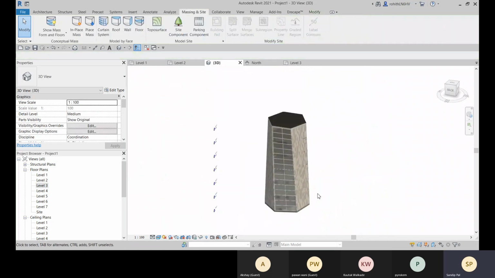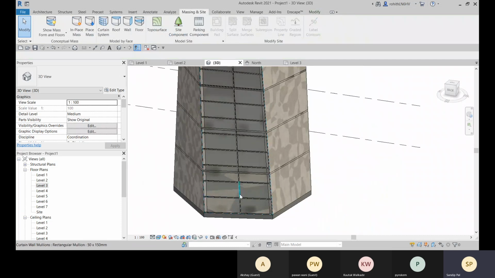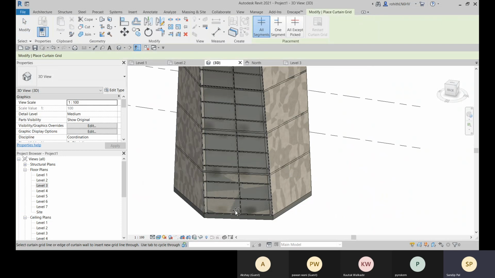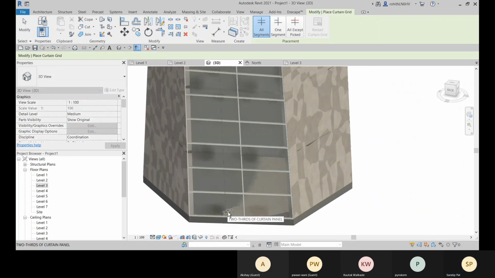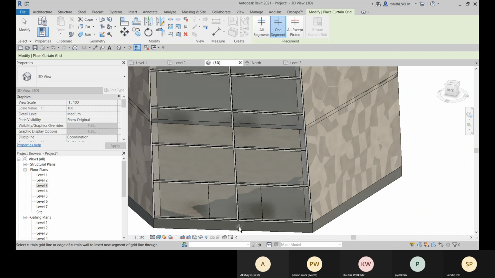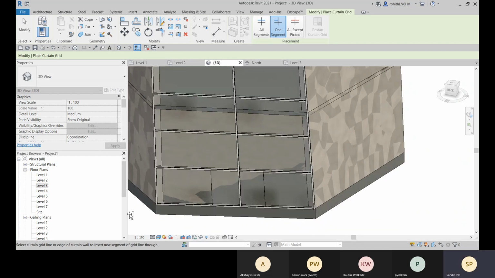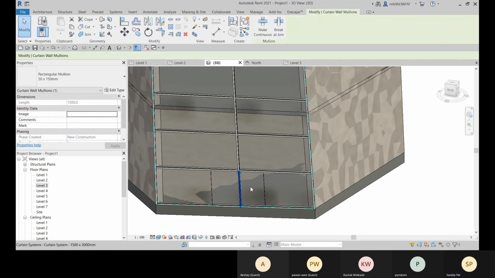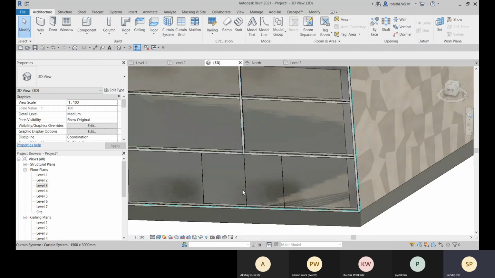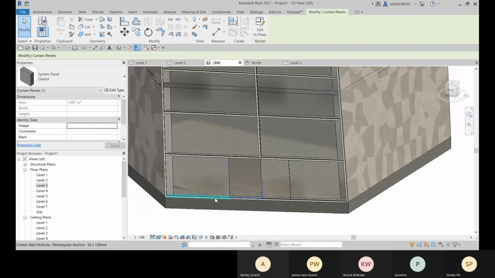All these are created. And you can place all these doors and all, everything you can create. Here again, you can go for cut-in grids. Okay. So here it will be one segment, right? Another segment that is added. And you can add the doors. Now I will delete this mullion. I will keep this grid. I will choose this panel and I will change this.